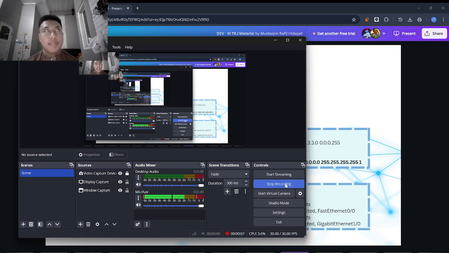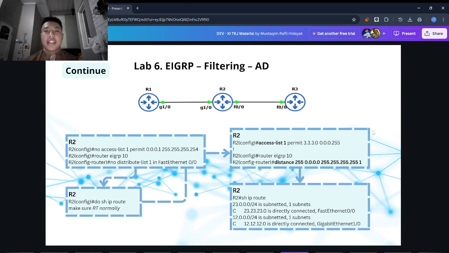So today I'm going to explain Lab 6, EIGRP filtering with administrative distance, or AD.